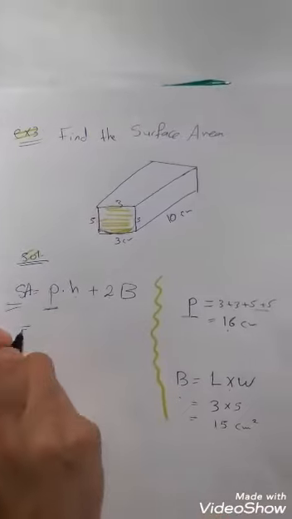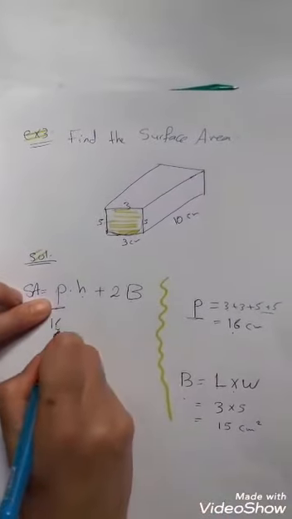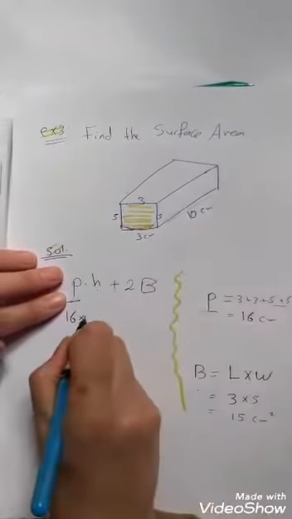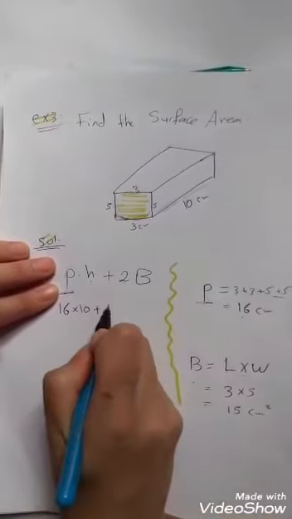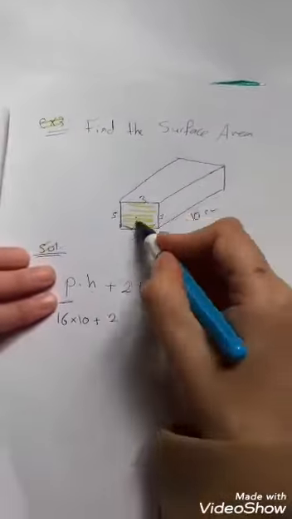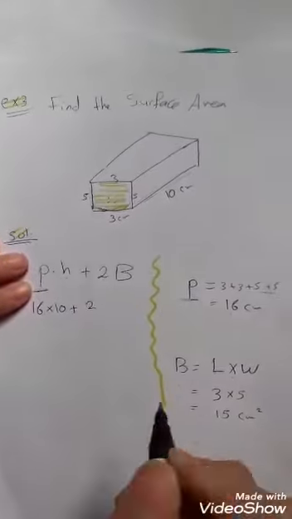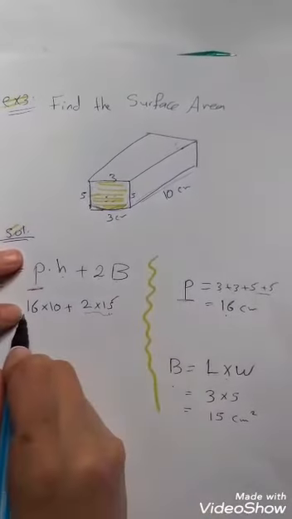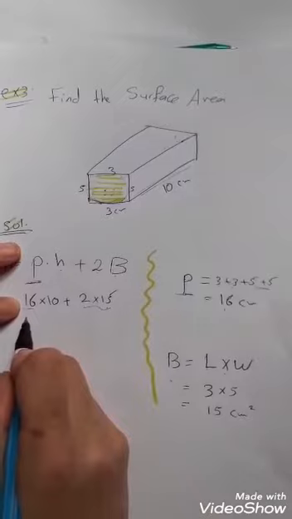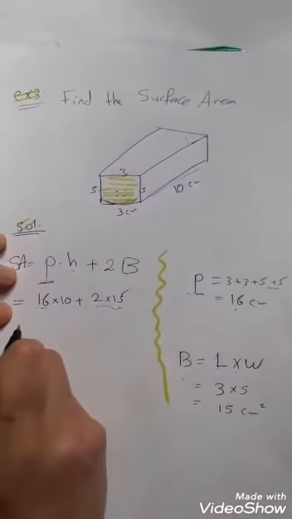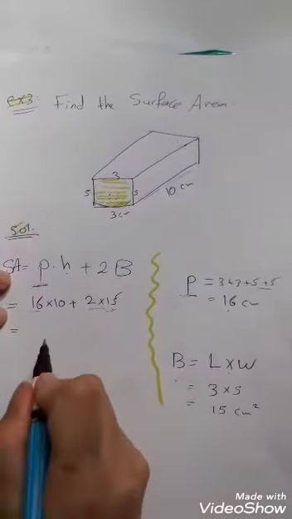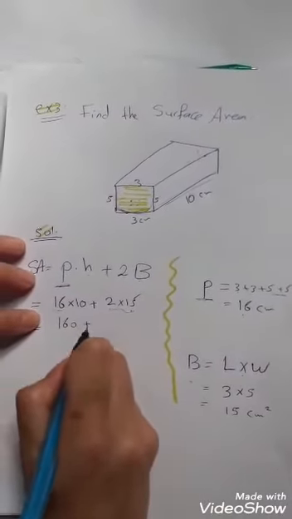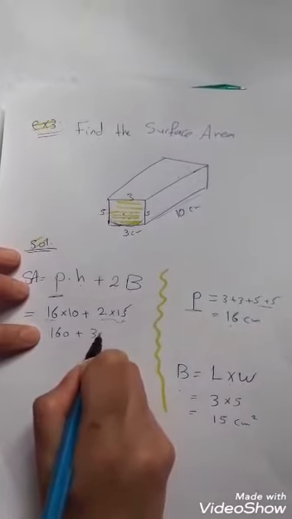Now the surface area: the perimeter is 16 times the height, which is 10, plus 2, because there are two bases, times the area of the base, which is 15. 2 times 15 is 30, and 16 times 10 is 160. Then add them: 160 plus 30 is